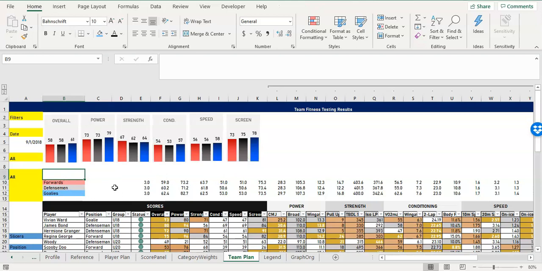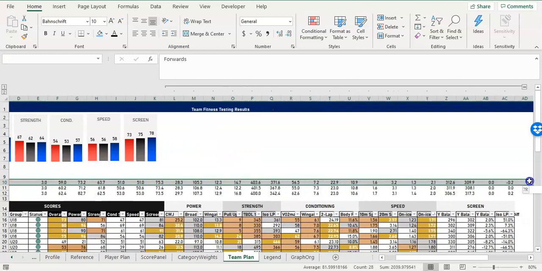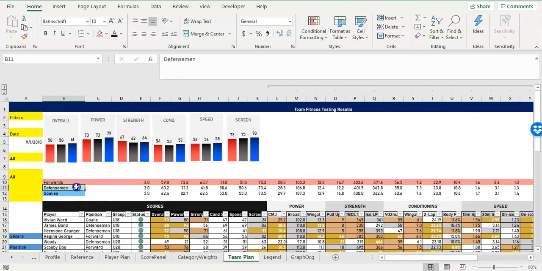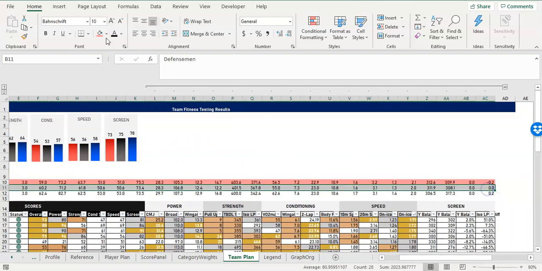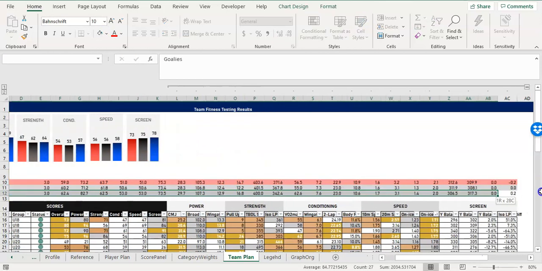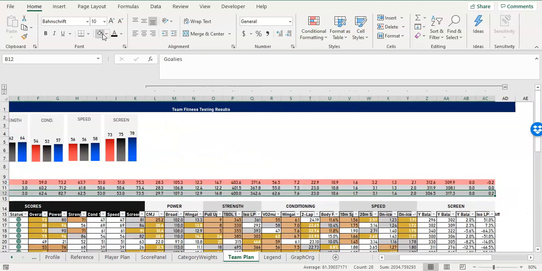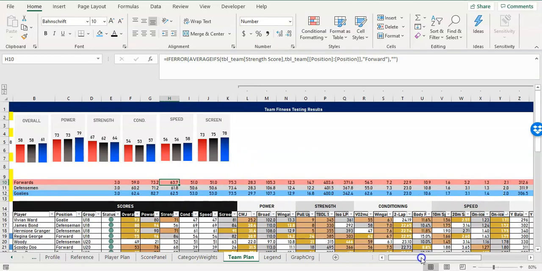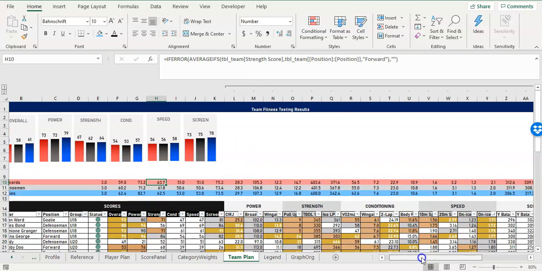Okay. Now, the next step here, I guess, would be, let's just color all this stuff the same color that the forwards were colored. And we can change these colors whenever we want, but I'm just doing it now so that we have a segregation of things. I think it was that gray. And the goalies. And now this is, I think, where the fun stuff kind of begins, where we'll deal with all the digits and stuff like that. But before we do that,